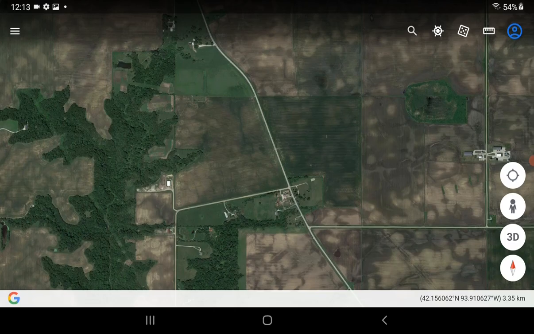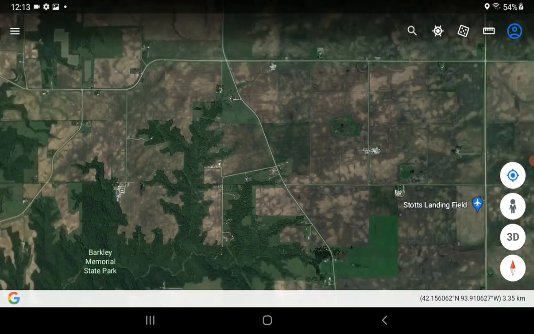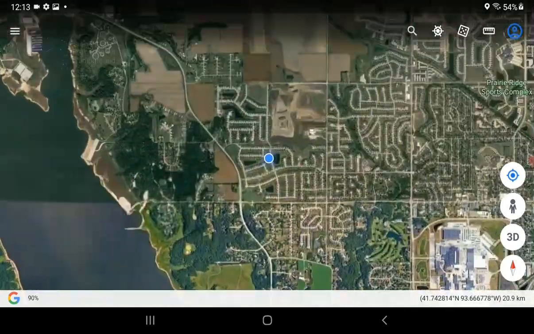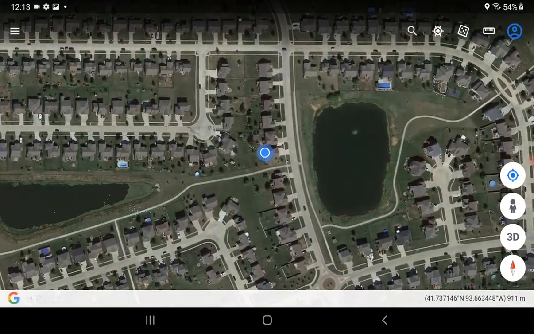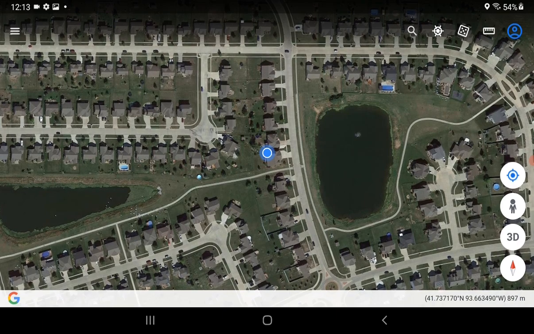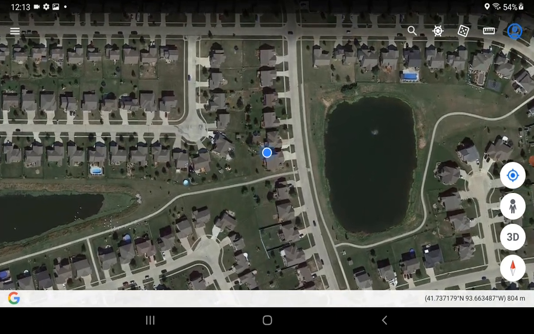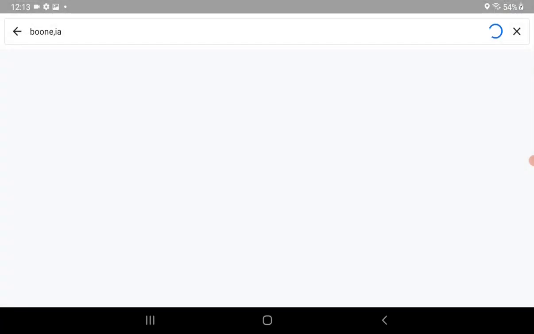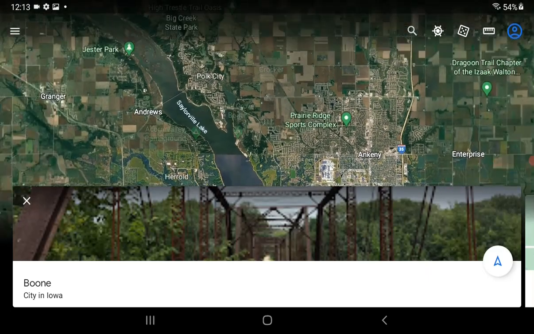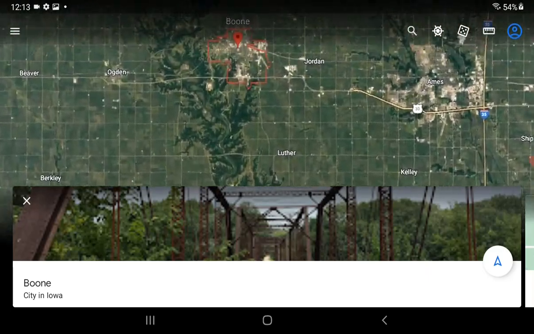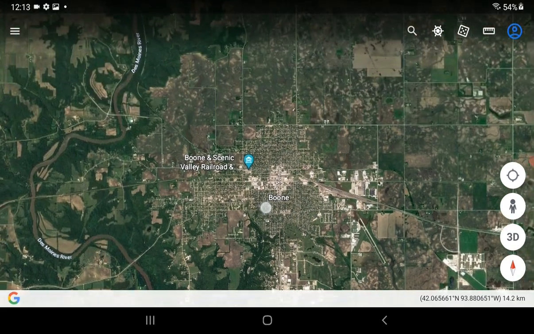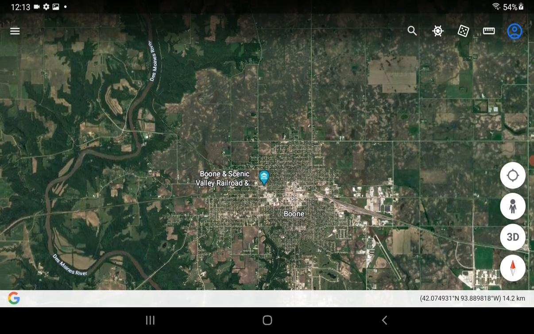Let's say we take this back to where we're at and then go find our farm. Up here is an icon for the search, and I'm going to use go to Boone, Iowa. I'll get rid of this picture down at the bottom, X that out of there, and I'll slide around here,